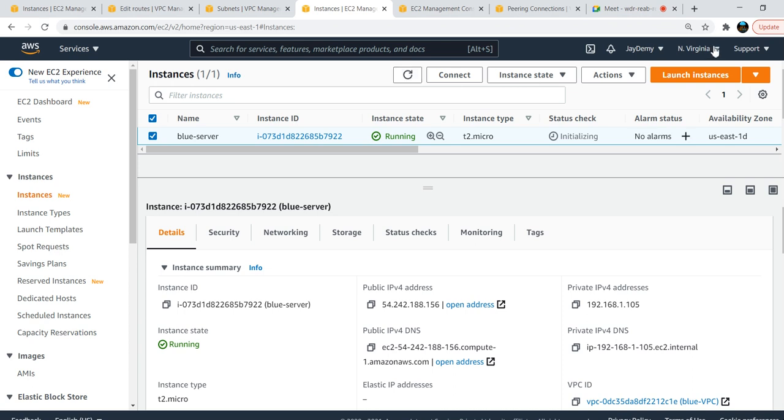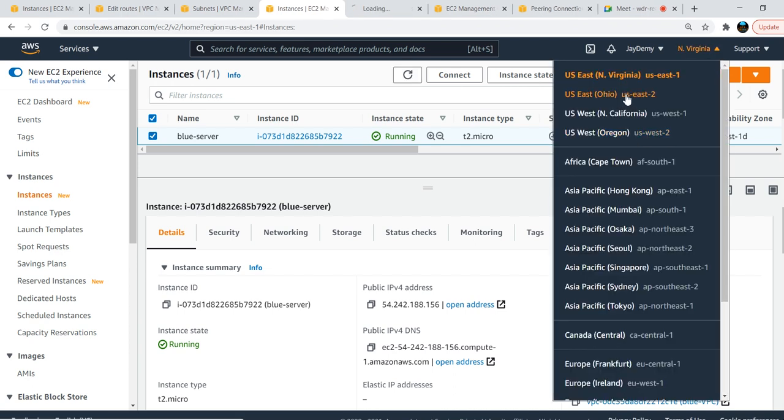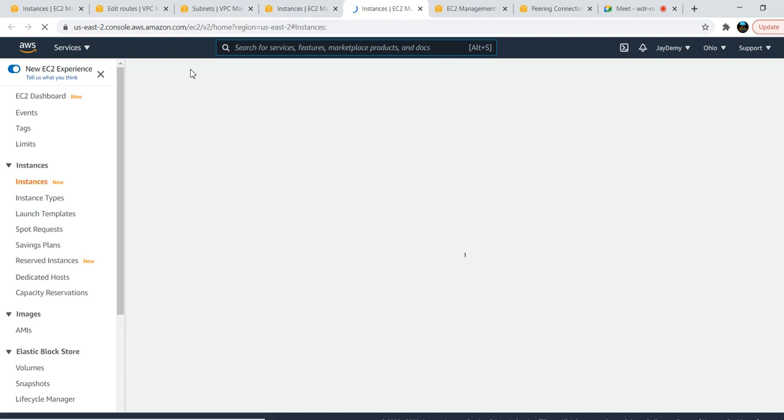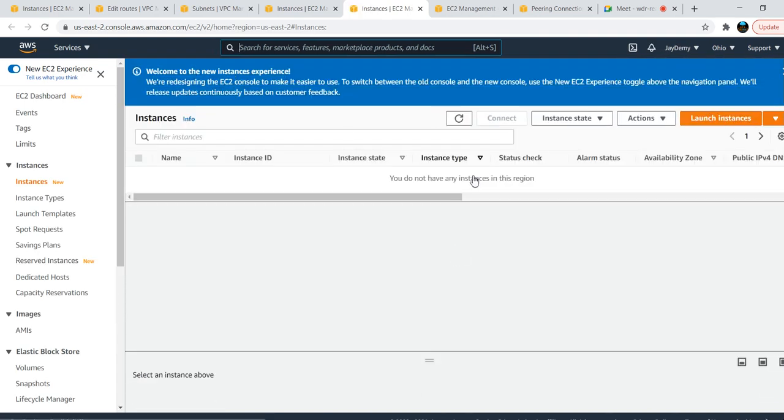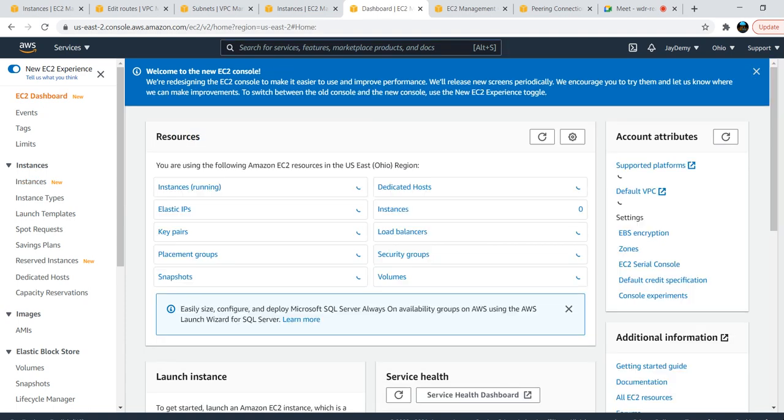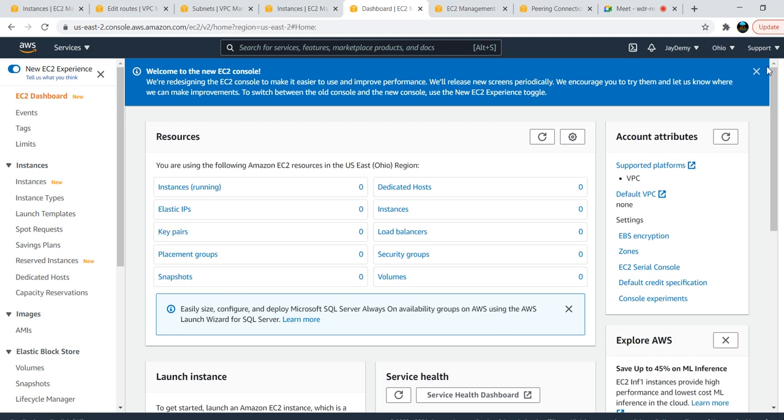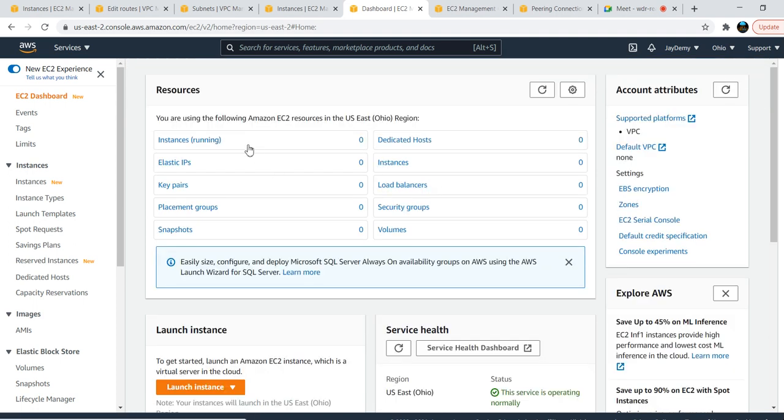Meanwhile I'll switch to another region. I'll show you how to import a key pair from one region to another region. I have created my key pair in the Ireland region and imported it to North Virginia. So I will show you here how to get the key pair to another region. The key pair is specific to a region, not the entire account. Okay, I don't have any key pairs here. I'll show you how to extract your key pair and import key pairs.